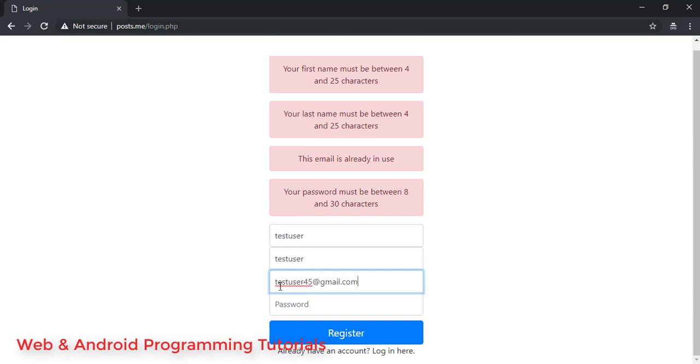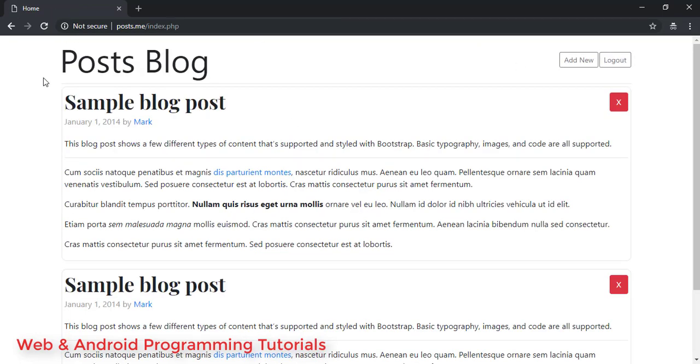Probably I have tried before, and I already inserted testuser@gmail.com into the database. That's why I just write testuser45. As a password, I'm just gonna write 1 to 8. Okay, so when I press register, as you can see, the user has successfully registered, and we have been